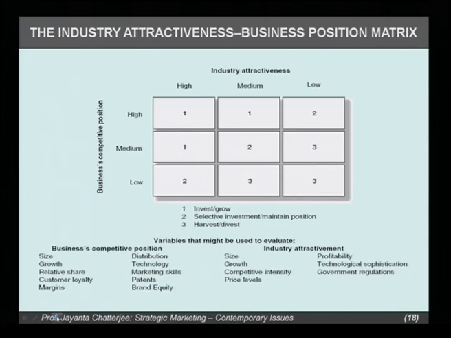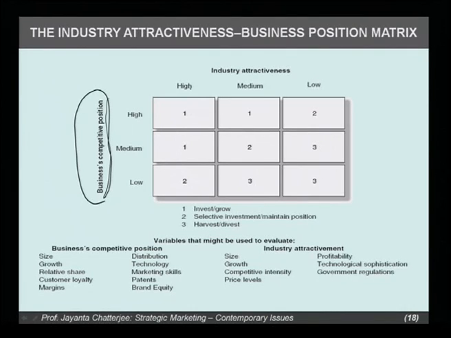This is a little better depiction of the same concept, where we have taken the industry attractiveness not just as high and low, but we have also created high, medium and low, and a business competitive position. Now, this is a higher level concept